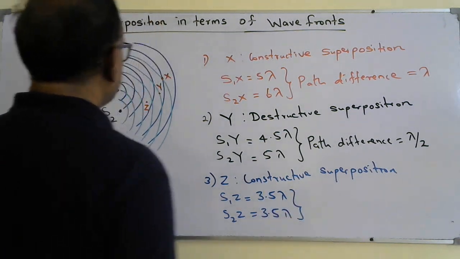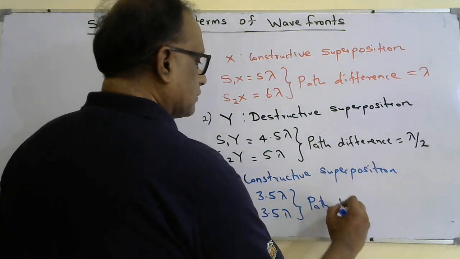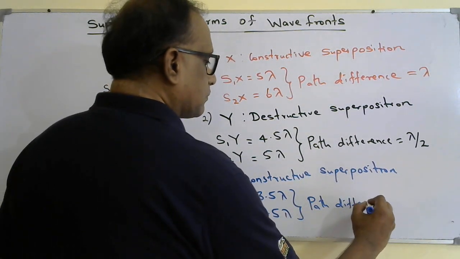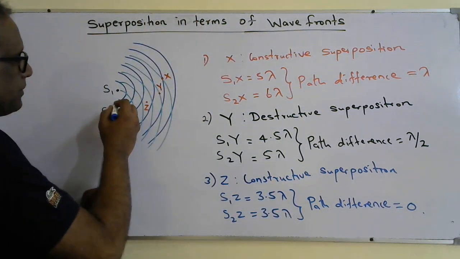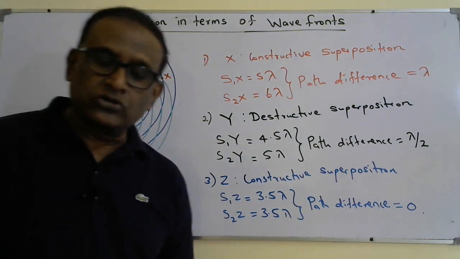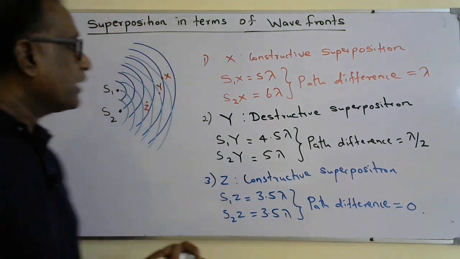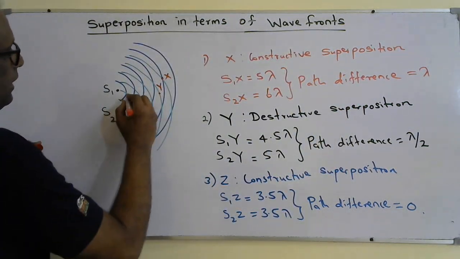So if I consider path difference, that's going to be zero. So it's a central maximum. It's along the central line. So it's going to be central maximum, path difference 0. So constructive superposition. So you can see along this line, when I consider these points,